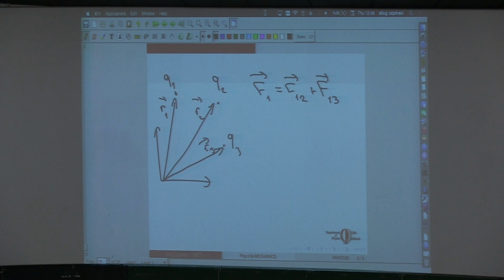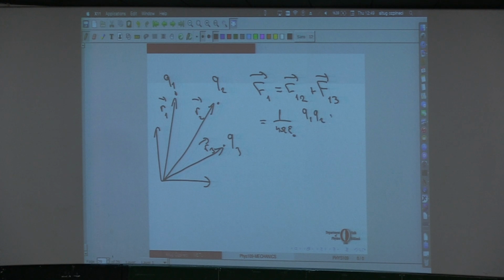If you remember when we were studying gravity in mechanics courses, we also had this principle that if you have more than one source of force, then the net force acting on each point is nothing but the sum of the forces that the other points would create, independent of the presence of the third one or the fourth one. So if we write it down, this is 1 over 4 pi epsilon 0,